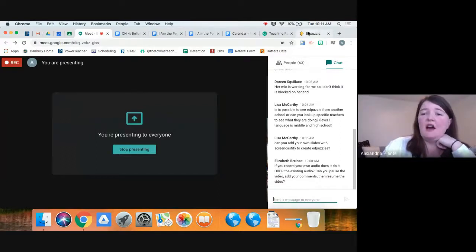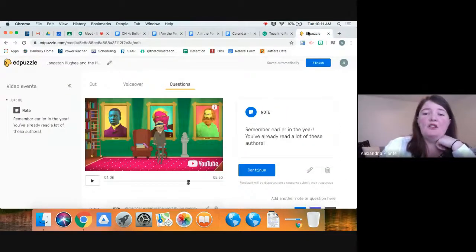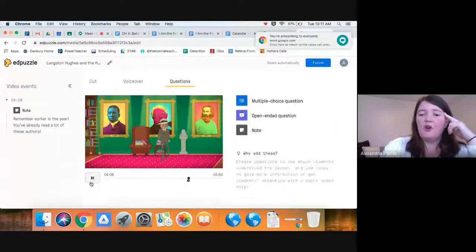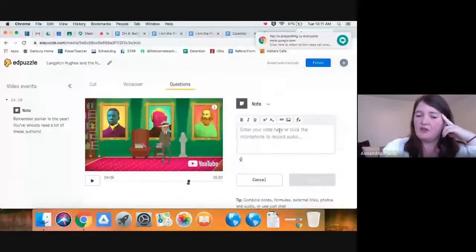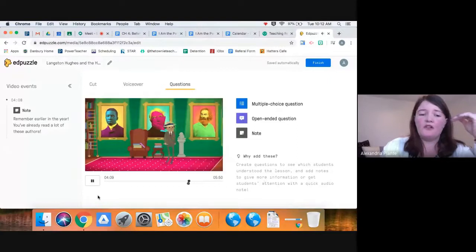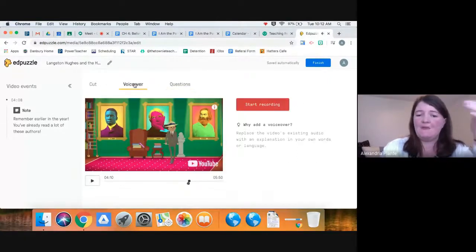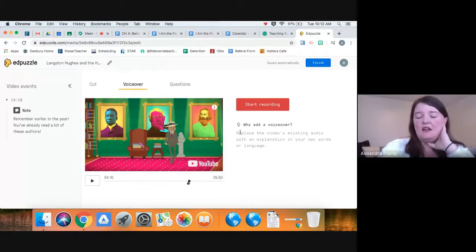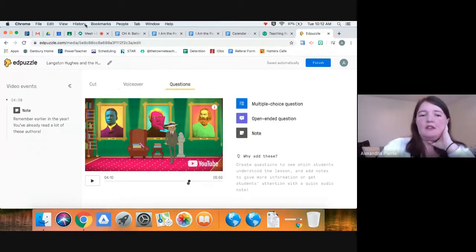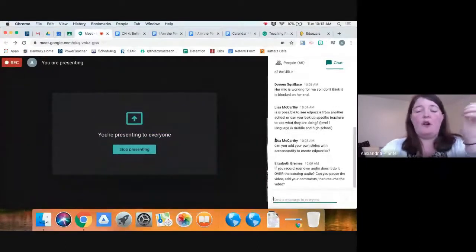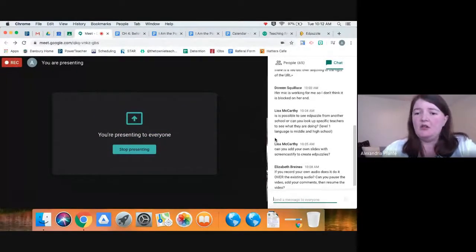the existing audio. If you'd like to record your own thought, you can add another note, and there is a microphone here. You can put your thought in. If you do the voiceover, it will go over the video's audio, so that may not be what you're looking for. It will replace the existing audio, and so that's probably not ideal unless you don't want any part of that previous audio.